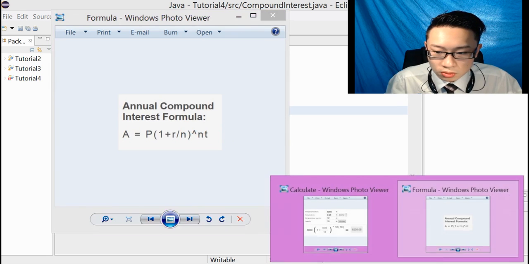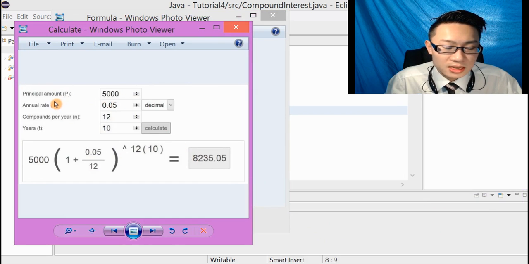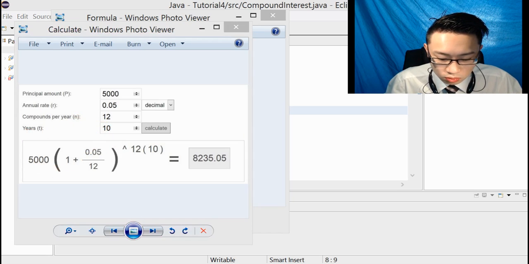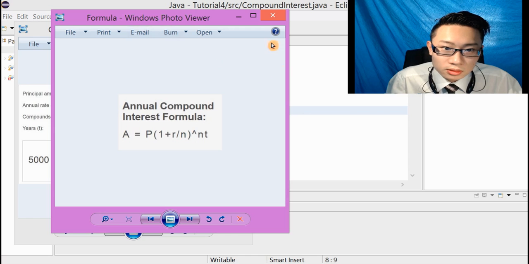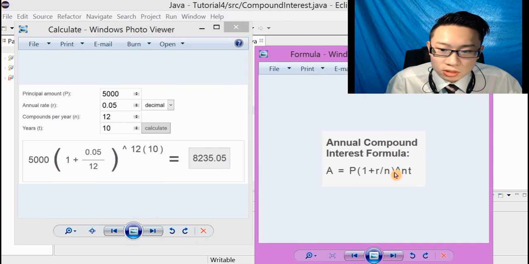We're going to also use this example. Principal is equal to 5,000, annual rate is equal to 5%, and we have to make sure that we turn it into decimal points. So 0.05, which is 5%. Compounds per year is equal to 12. The number of years, which is T, is 10. So when we put all this into our equation here, it should compute 8,235.05. So please write this down